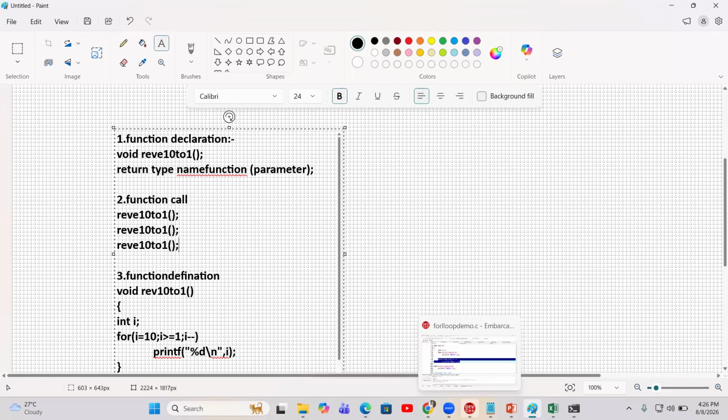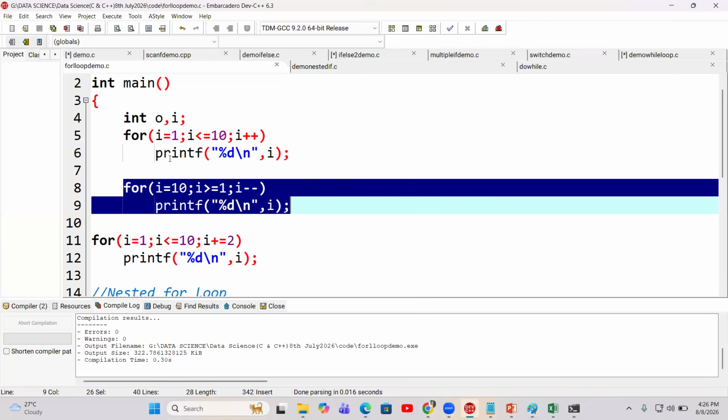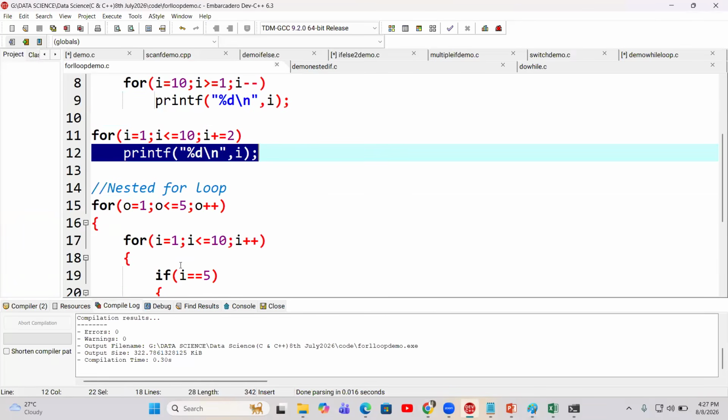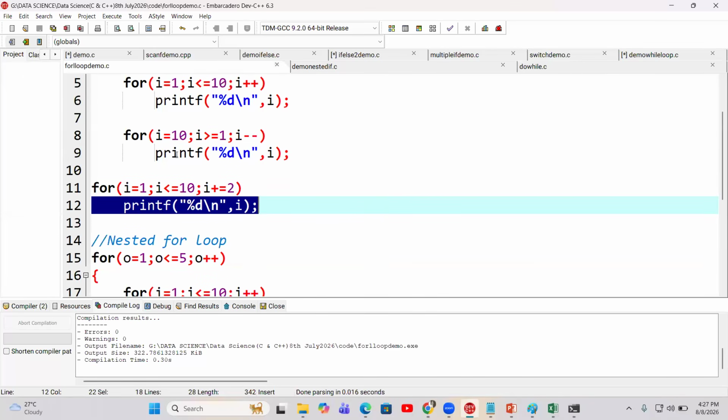जैसे कि printf मैंने कितनी बार कॉल किया है? Is there any limitation of the calling this printf? Yes. ये कॉल ही कर रहे हैं हम लोग printf को. और printf का ये क्या है? Calling part है. डेफिनेशन कहाँ पे? सी लाइब्रेरी में स्टोर है। और इसका डिक्लेरेशन आपको देखना है, सो आई शो।